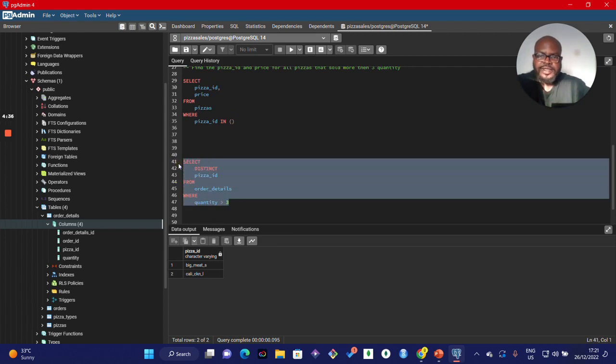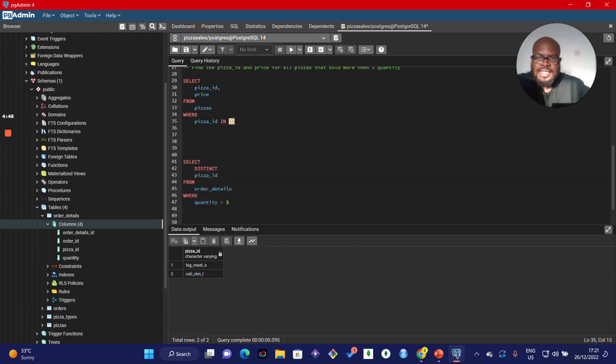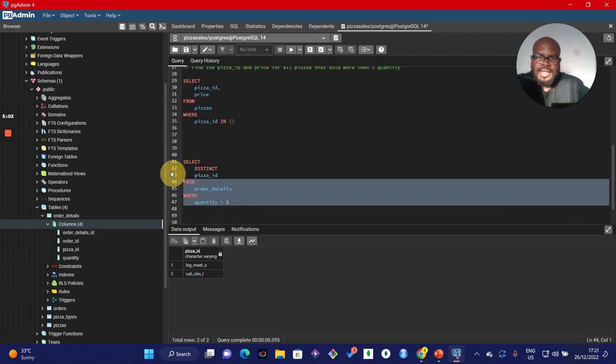I just copy it. So remember, the result of this is these 2 pizza IDs, right? So instead of copying it, I could just type it out and say where pizza ID in big_meats_S. I could just type it out. But what if it changes, like I said earlier? What if it changes? So I'll just copy that query out and say where